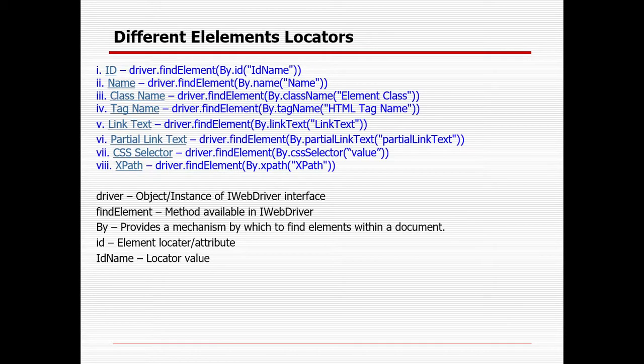Once the element identification is done, with the help of driver.find_element by element locator and locator value, you can perform the operation based on the element type. In case it is a text box, you can enter some value. If it is a link, a hyperlink, you can click it. In case it is a button, you can click or submit it. In case it is a checkbox, you can check or uncheck it.